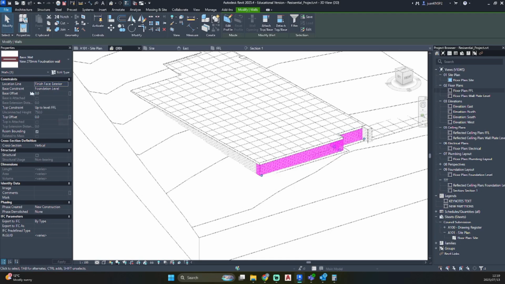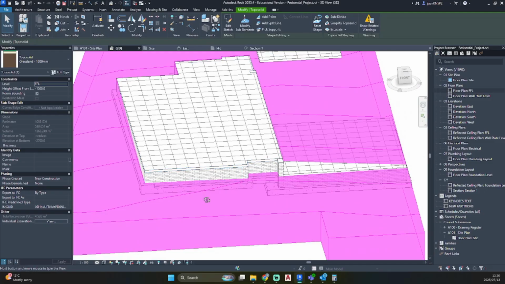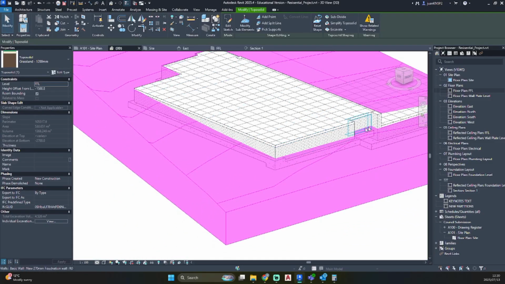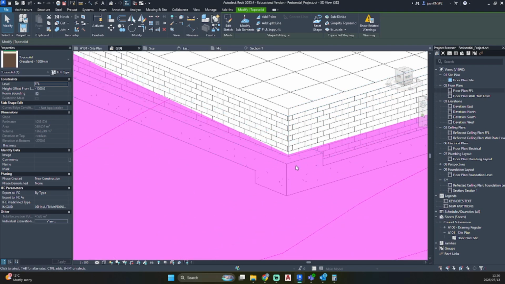So let's go to our base offset, and we know we have an additional 250 millimeters to work with. So let's say that we want to drop that foundation an extra 200, so just say base offset minus 200, and move your cursor into the white space. And you'll see that our foundation is now no longer visible within the top of our site. And as you can see here, it is almost visible,